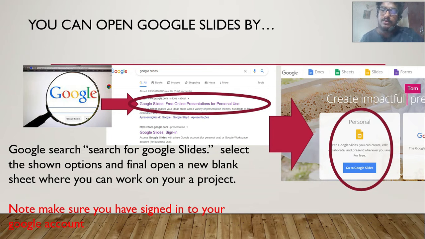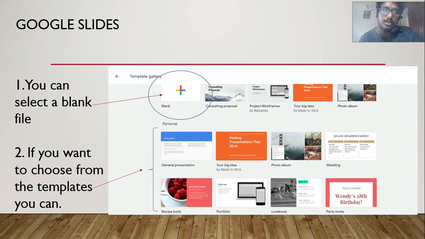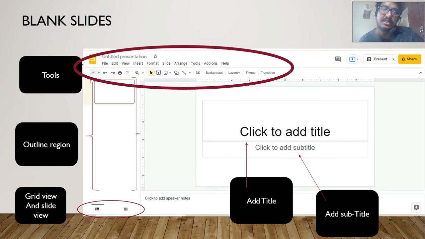You also have the business version of this, which is paid. For free, you can use the personalized Google Slides where you can develop your own slides. Okay, so when you go to Google Slides, you have a few templates in case you are looking for a pre-organized template or developed templates. So you have a couple of them and you can choose from the following, or if you want to create a new blank presentation, you can just click on the blank file and this page is going to open up